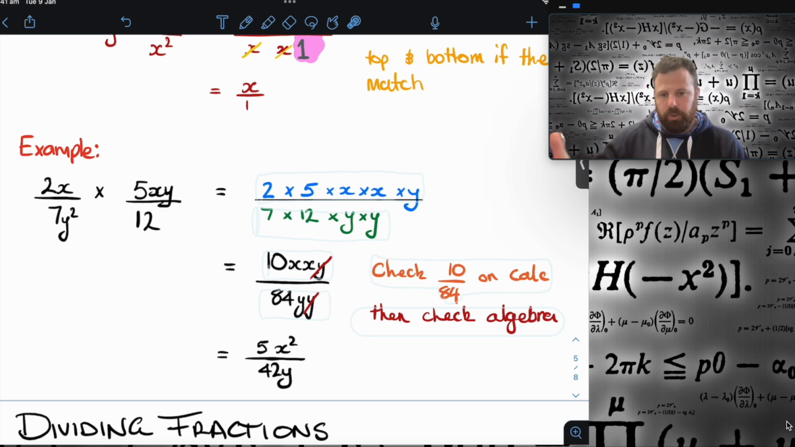After that, you just combine everything together. 10 over 84 became 5 over 42. x squared, y,